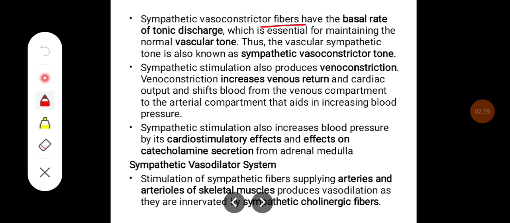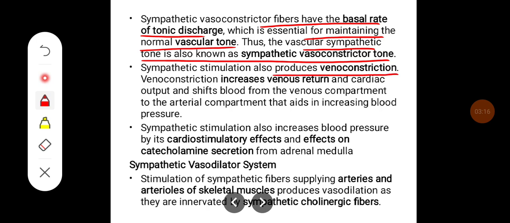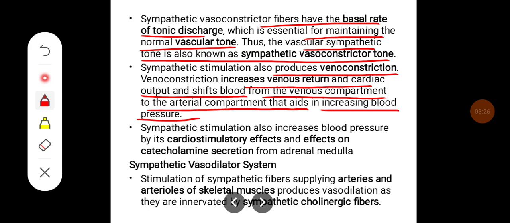Sympathetic vasoconstrictor fibers have a basal rate of tonic discharge, which is essential for maintaining the normal vascular tone. Thus, the vascular sympathetic tone is also known as sympathetic vasoconstrictor tone. Sympathetic stimulation also produces venoconstriction. Venoconstriction increases venous return and cardiac output and shifts blood from the venous compartment to the arterial compartment, which aids in increasing blood pressure. Sympathetic stimulation also increases blood pressure by its cardiostimulatory effects and its effect on catecholamine secretion